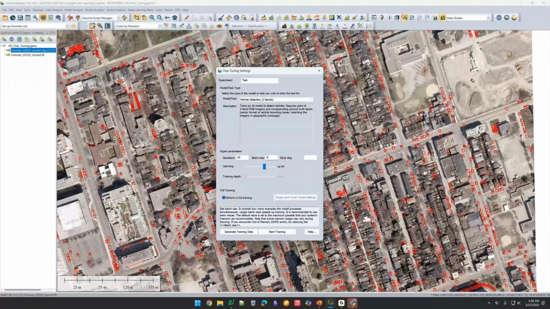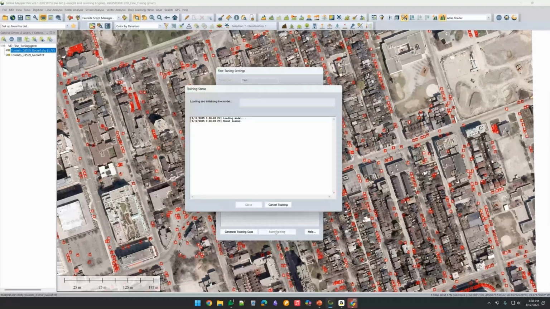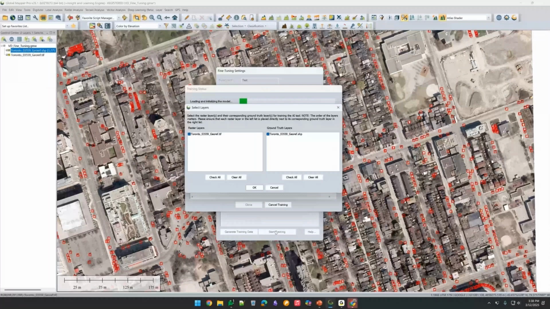Other than that, you go ahead and click Start Training, and the only other step before this process runs automatically is to make sure you pair your control layer, your ground truth layers, with your raster layers. In this case, I only have two data sets, but you can drag and reorder them as needed. You go ahead, hit OK, and the process will run. That takes a little bit, so we're not going to do it now,